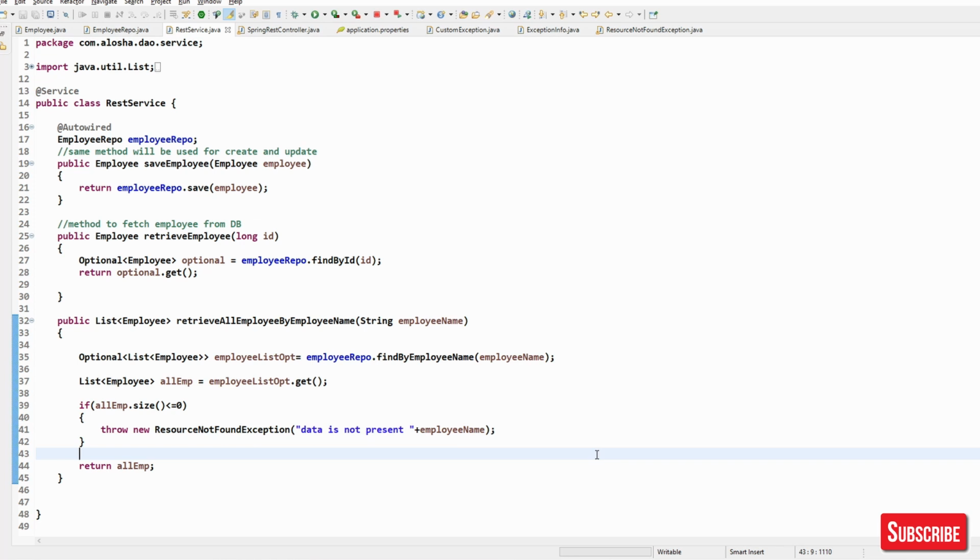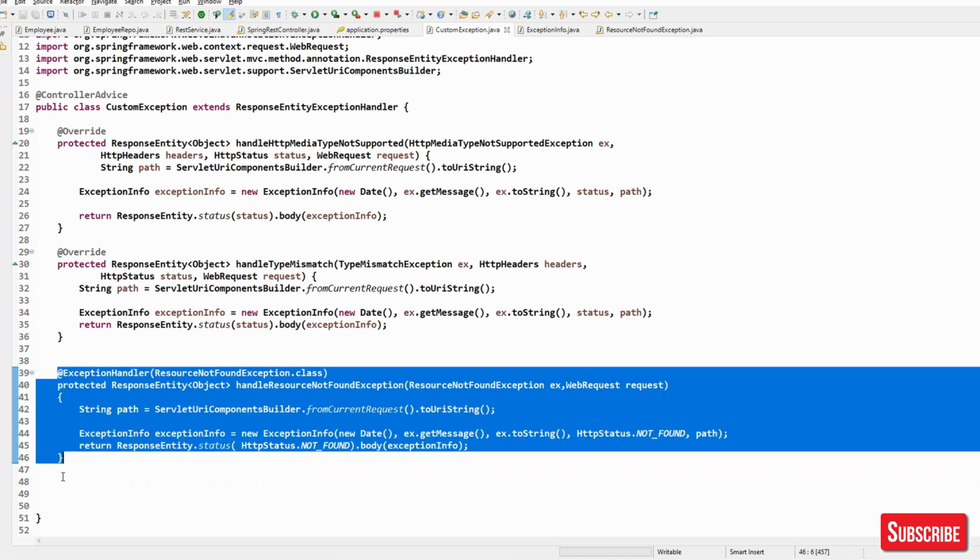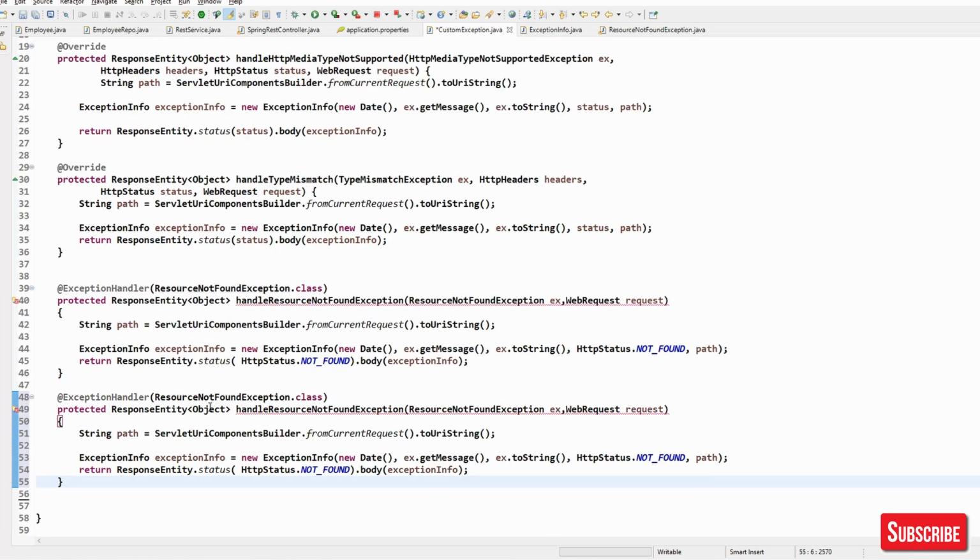Now what we will do is, there are some well-known exceptions which we can manage in our own way. So let's go for NullPointerException.